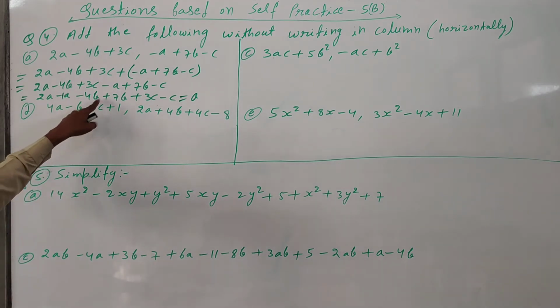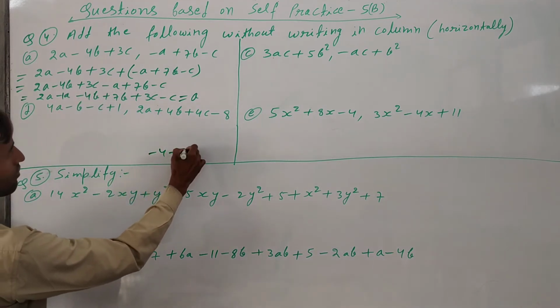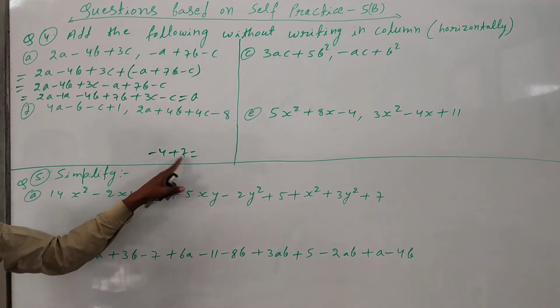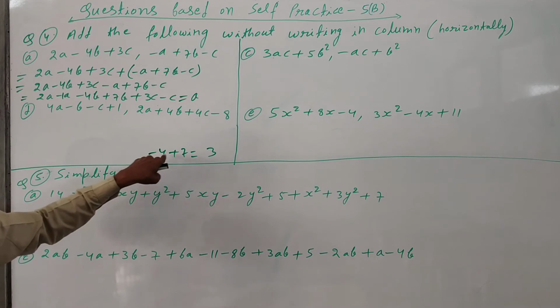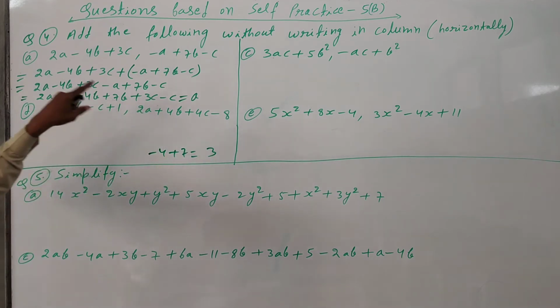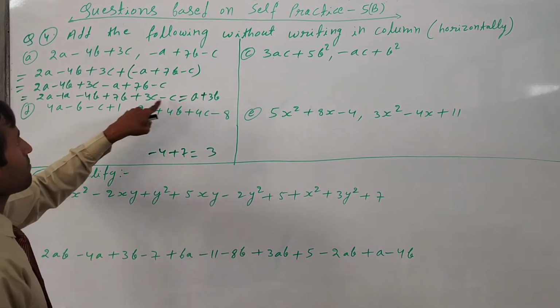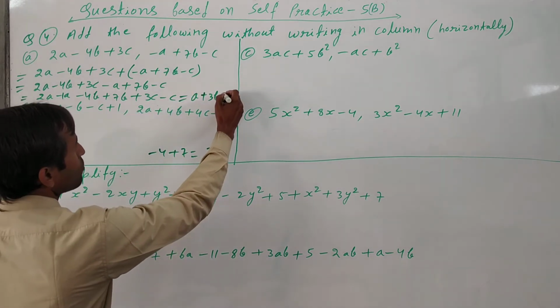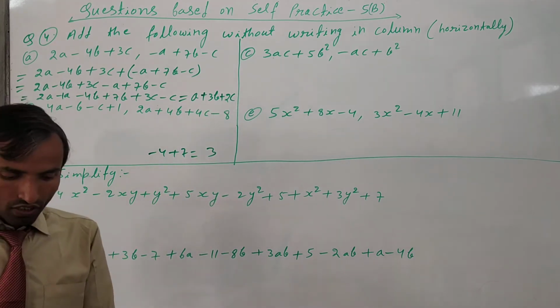So minus 4b plus 7b, then we will subtract again here. We will not write the minus sign. In integers, minus 4 plus 7, what are we doing? In this case we just write plus 3, 7 minus 4, 3 will come. So again here we write 3b. And then 3c minus 1c, it will come 2c. So the final answer is a plus 3b plus 2c. This is the final answer.